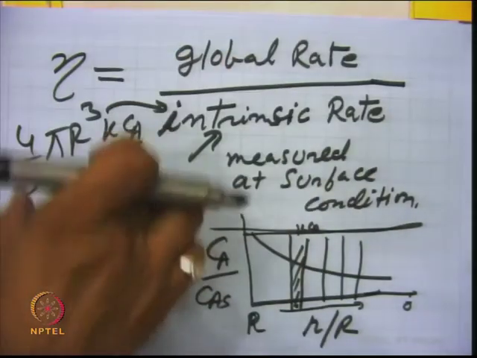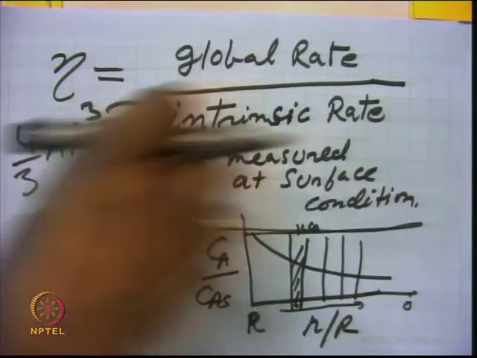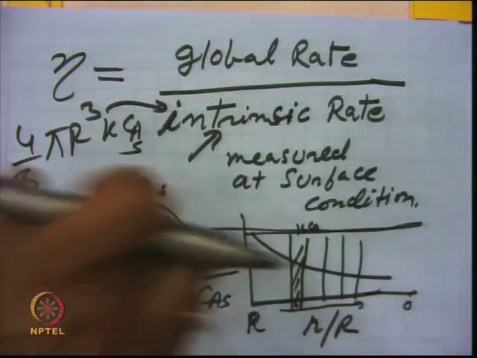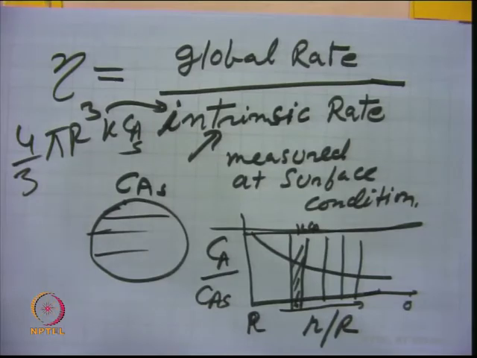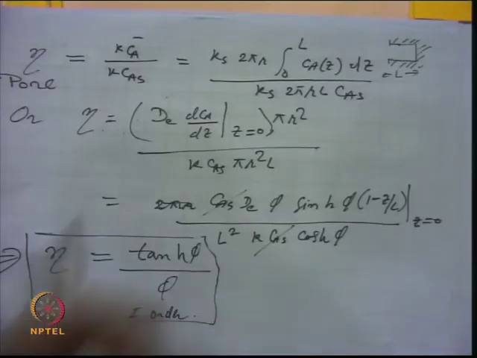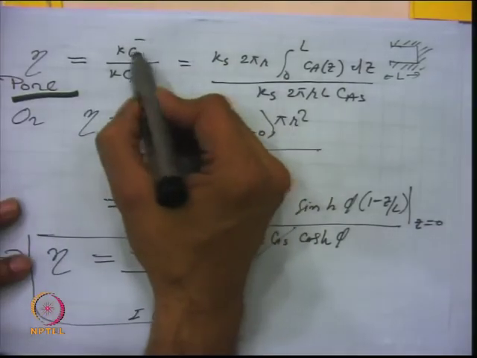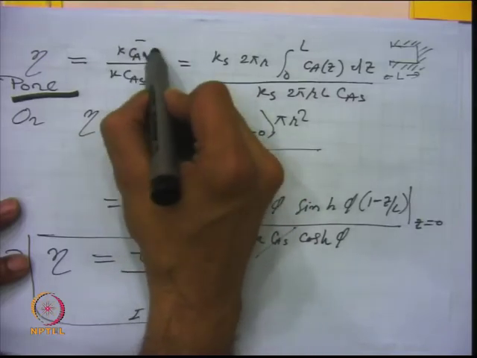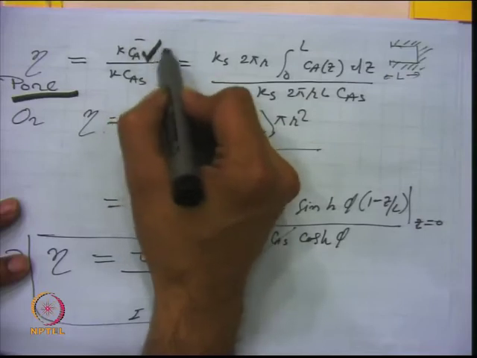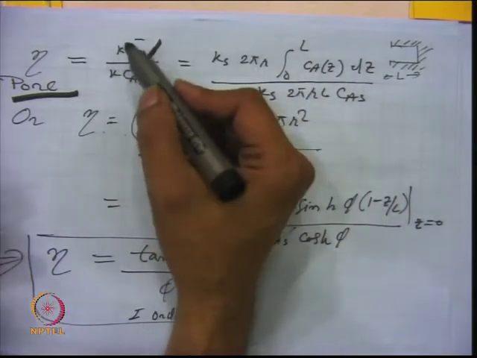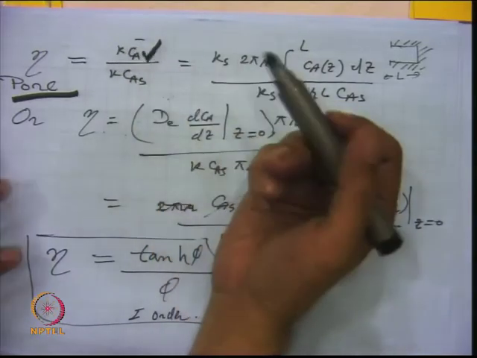So, global rate divided by intrinsic rate, that is your effectiveness factor, and for this you have to integrate the expression 4 pi r square delta r. For doing that, I have shown you for the pore first, which is again the same thing. For a pore of a catalyst, this effectiveness factor is again the actual rate divided by the intrinsic rate. The actual rate is based on some average concentration Ca bar. How will you find that Ca bar? By integrating overall throughout the surface of a pore, because there also concentration is changing.